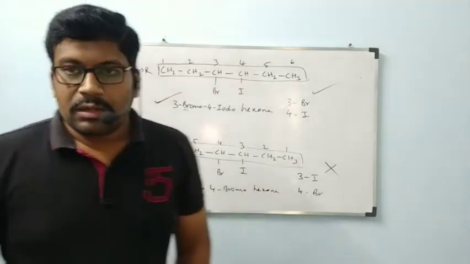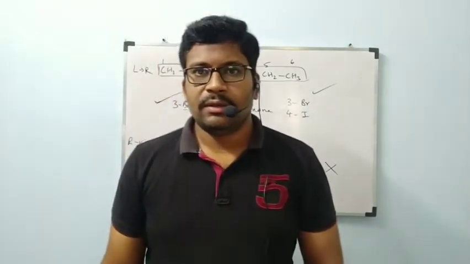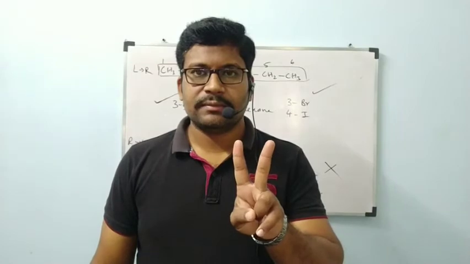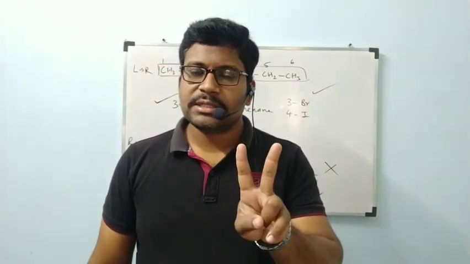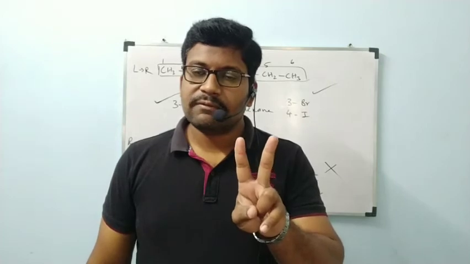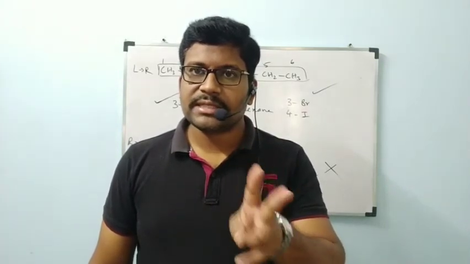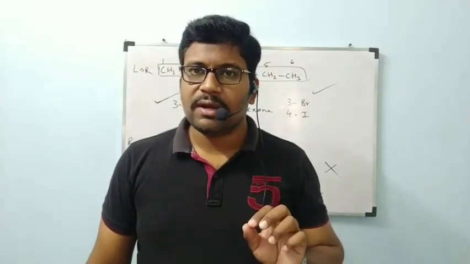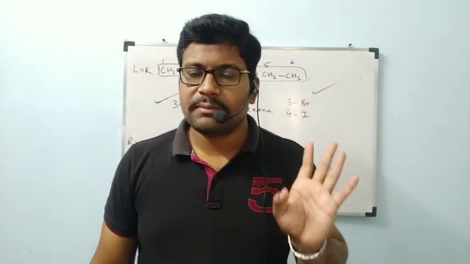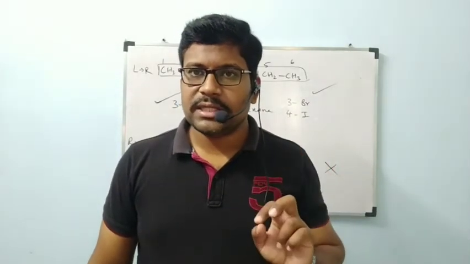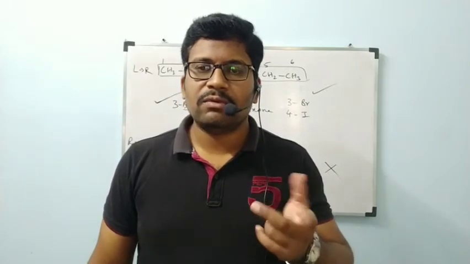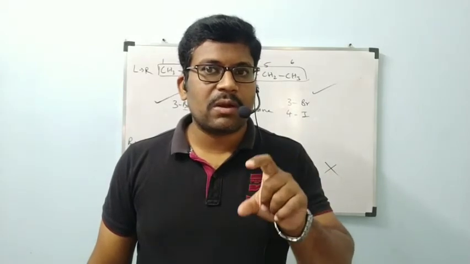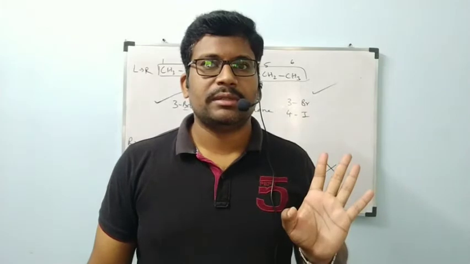Okay, now we got different conditions. If you feel confusion, observe my points, all of you. First, two side chains. When we have two side chains, here two conditions are there. Two side chains will get different numbers, or two side chains will get the same numbers. If two side chains get different numbers, we follow the least number, and numbering must be given according to that. If two side chains have the same numbers, we have to follow alphabetical order. According to alphabetical order, the side chain coming first alphabetically should get the least number.